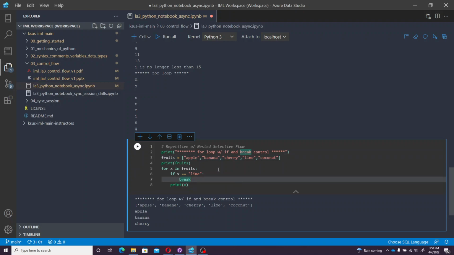And that's exactly right, because when x finds an equivalence of lime, it breaks the control flow. And that's exactly what we're looking to do. So it iterated on the list 3 times before exiting. Now we can test this by doing coconut. We can say coconut, and then